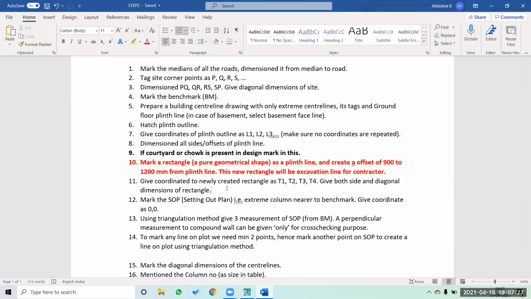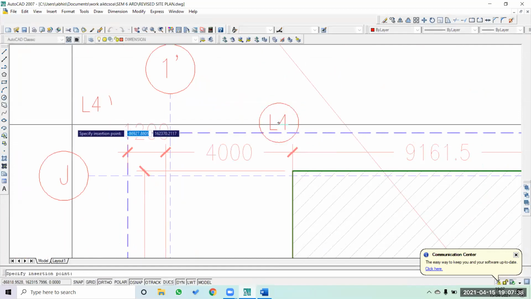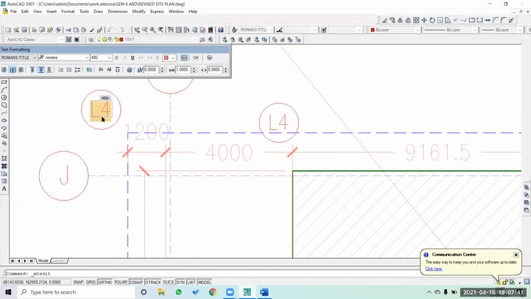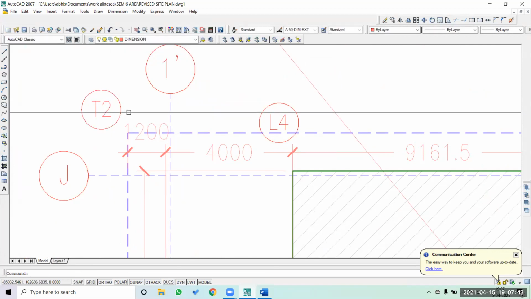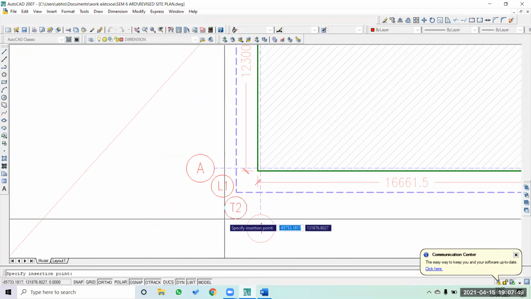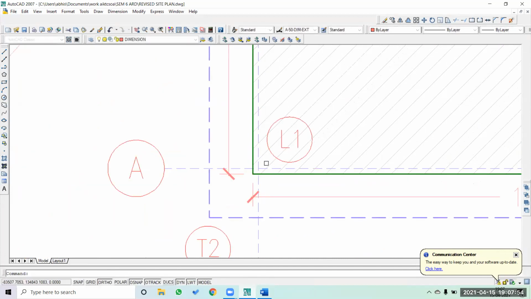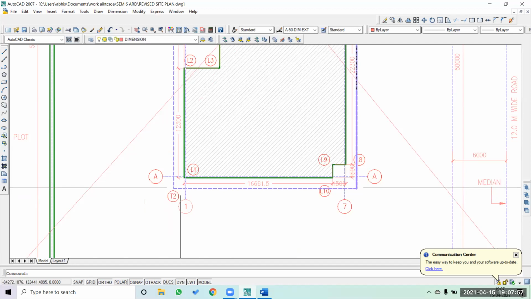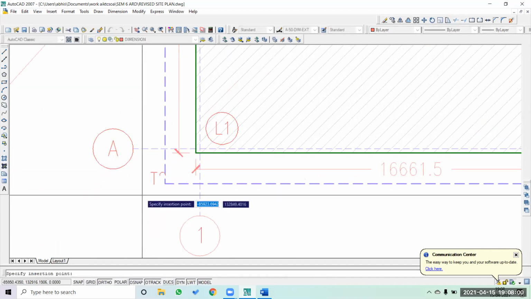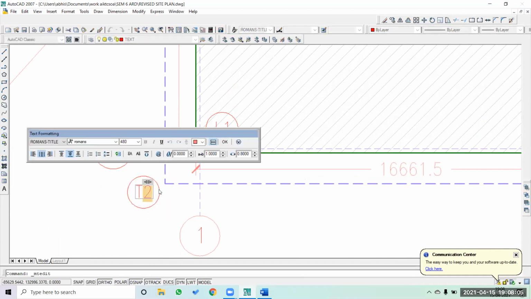The 11th step is give coordinates to the newly created rectangle as T1, T2, T3 and T4. So another thing which we have to do is, we have to start giving its coordinates. So we will start with, this is eventually going to become T2. I am going to start all the labeling from the setting out point. I'm going to shift L1 inside the drawing now, so that people don't get confused between where L1 is and where T1 is.